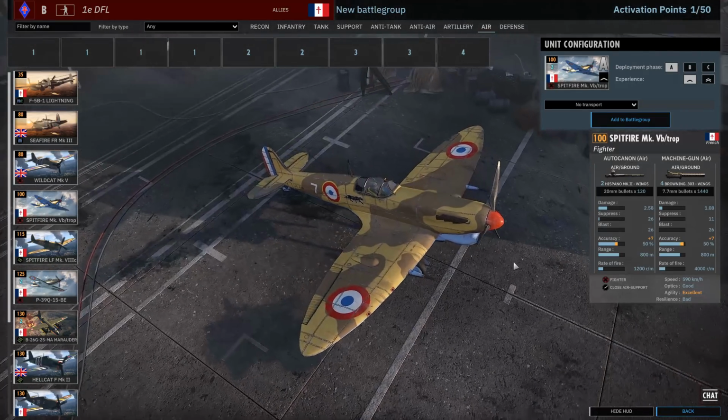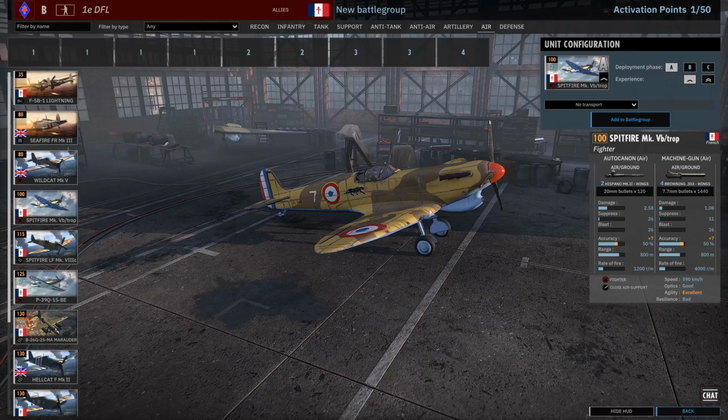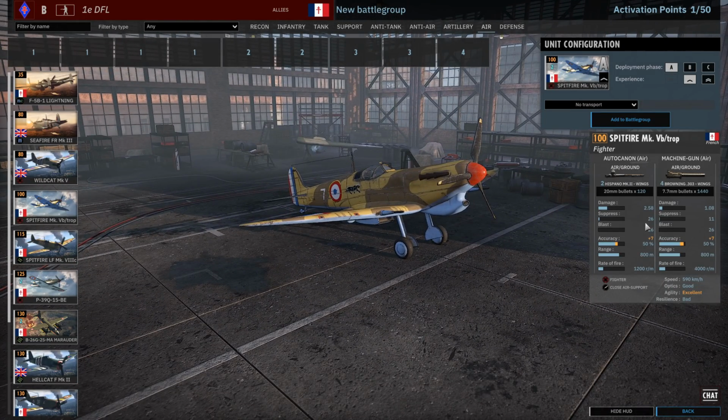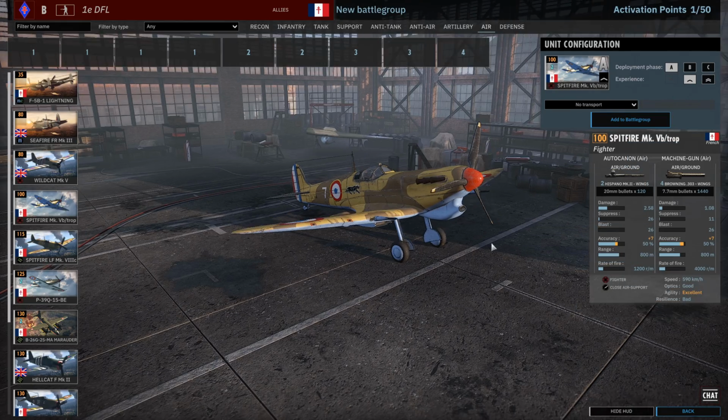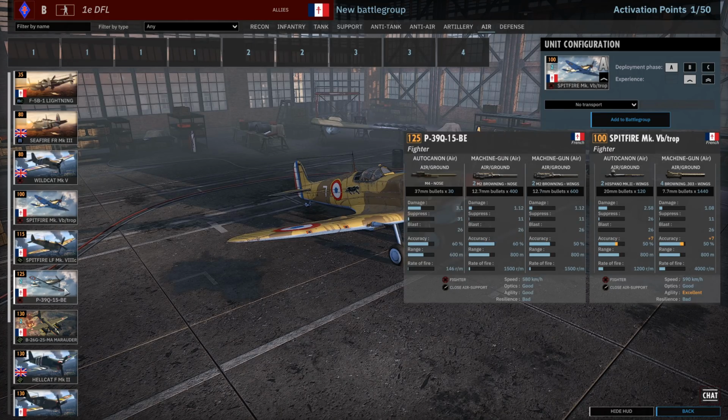We've got the Spitfire Mark 5B. I think "trop" means tropical for the camo. These come with the 2 Hispanos. So yeah, this is your Spitfire Mark 5B. I mean, you've not got a shortage of